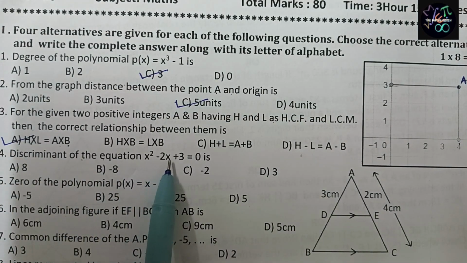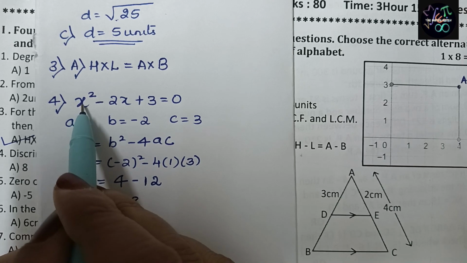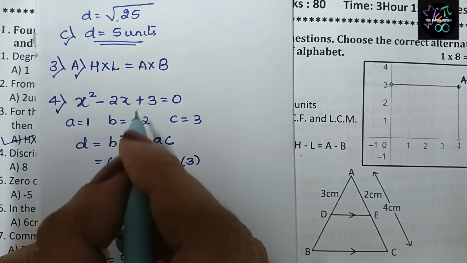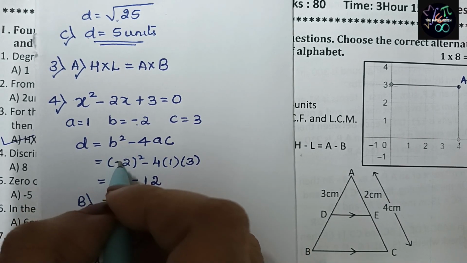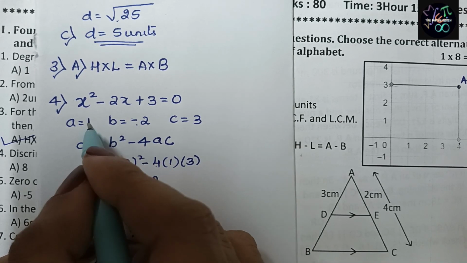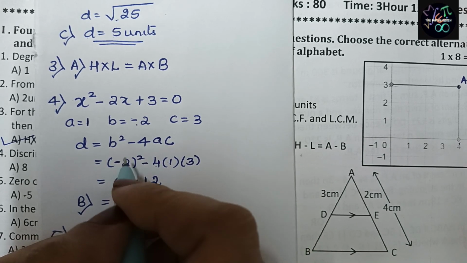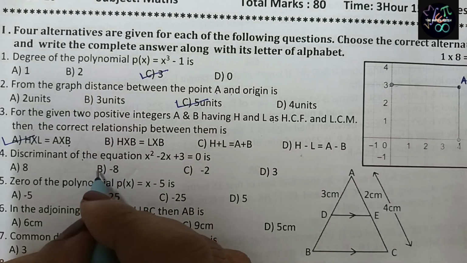Discriminant of x square minus 2x plus 3 is. So we have a formula here. The equation is x square minus 2x plus 3 equal to 0. So let us see, a value is 1, b value is minus 2, c value is 3. We know discriminant formula, d is equals to b square minus 4ac. So b value is minus 2 whole square minus 4, as a value is 1, c value is 3. Minus into minus is plus, so 2 square is 4, 4 3s are 12. 4 minus 12 is minus 8 and the correct option is B, minus 8.